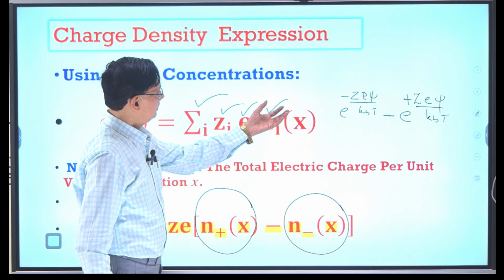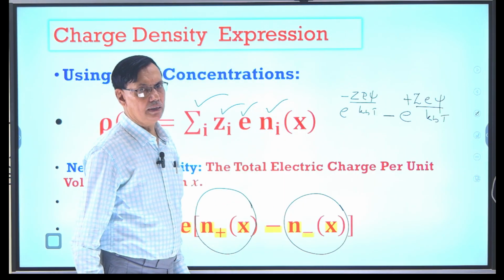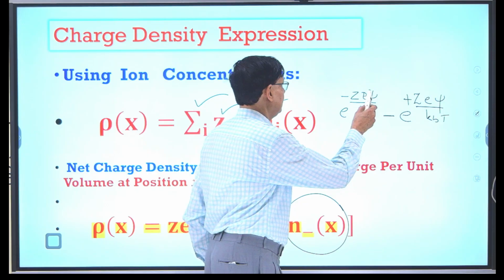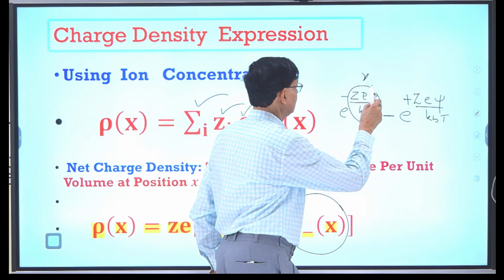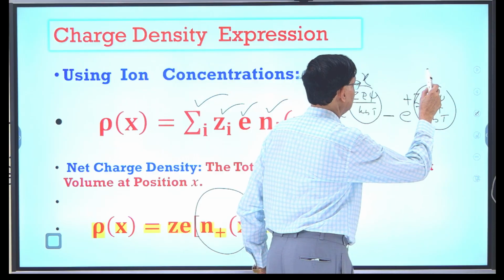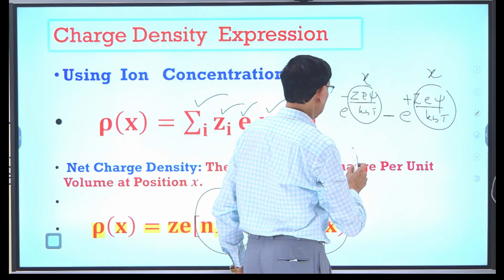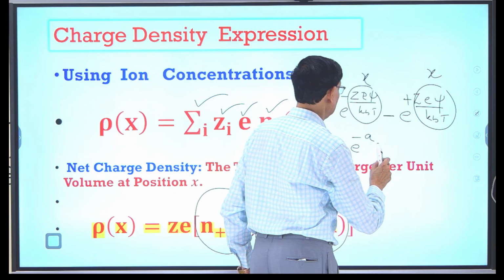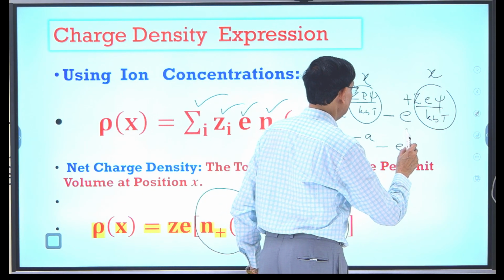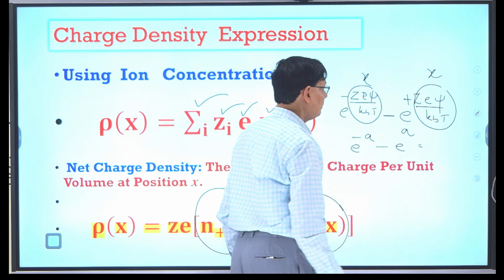Or even we can take Z as the common part, and suppose this is the x, or even a. So exponential minus a minus exponential a, that can be solved,